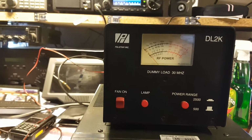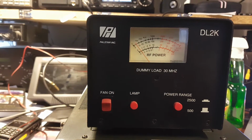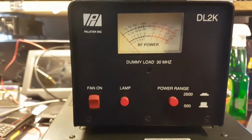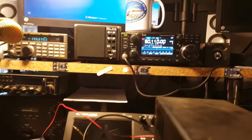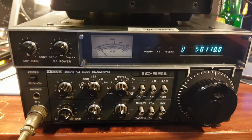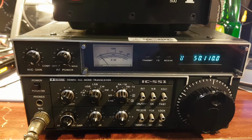But these were the 10 watt models. 1, 2, hello. Well, that's 10 watts on the peak there. Sorry about the noise. I just realised that the 7300 sitting up there was the noise coming through. But yeah, look, nice piece of equipment, and the fact is they're not making any more of them, and